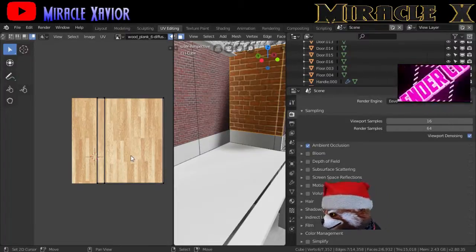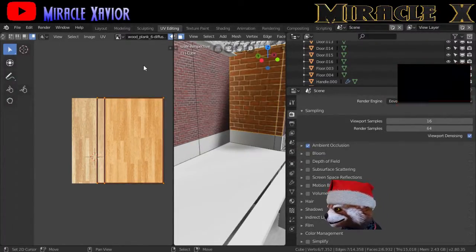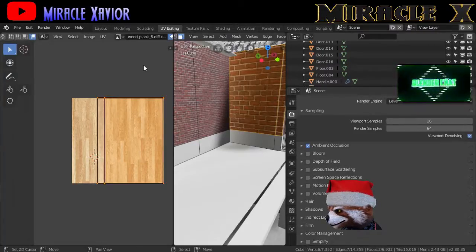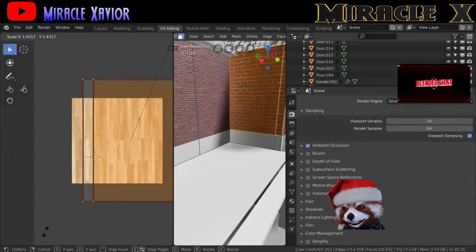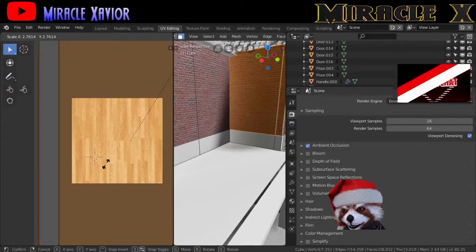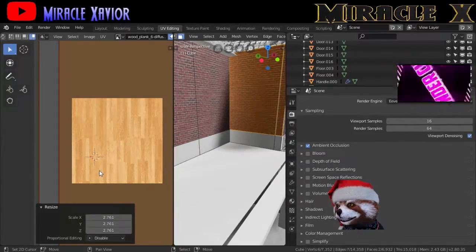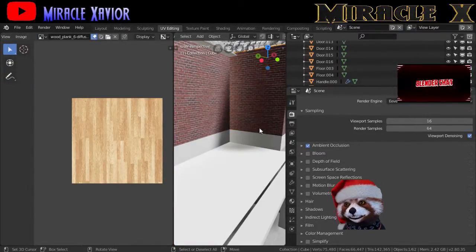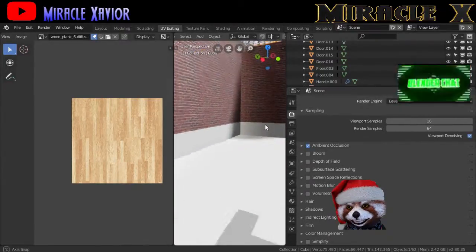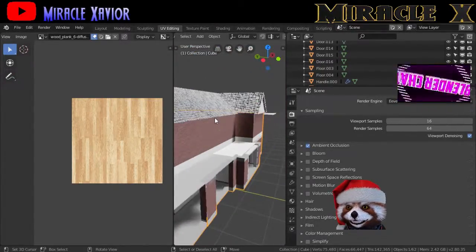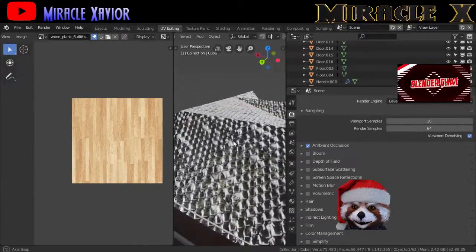So you can see that. And then you can be able to scale it by pressing S to shape it as the way you want it to be looking like. And then when you have it, you select everything, and there you go. Then all you have to do is make a roof,